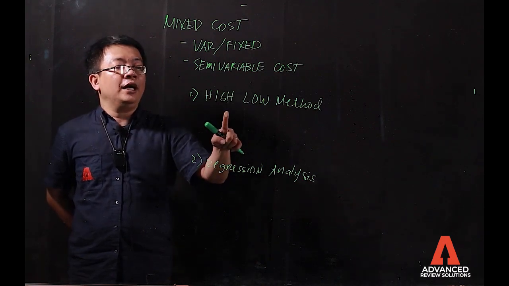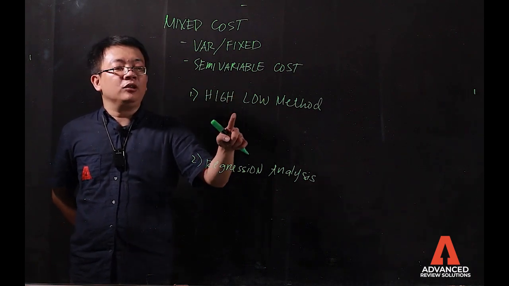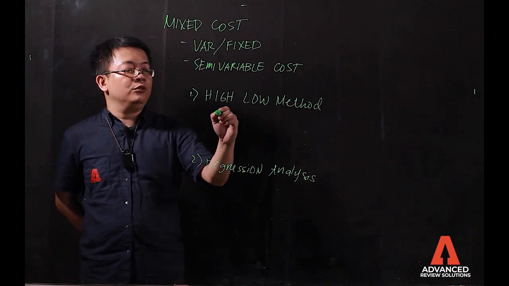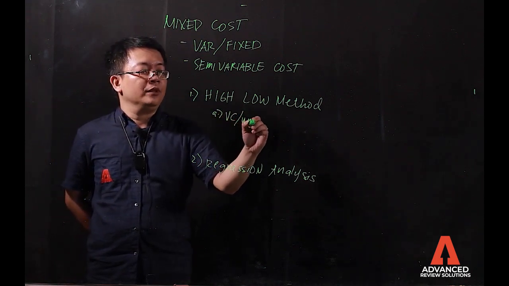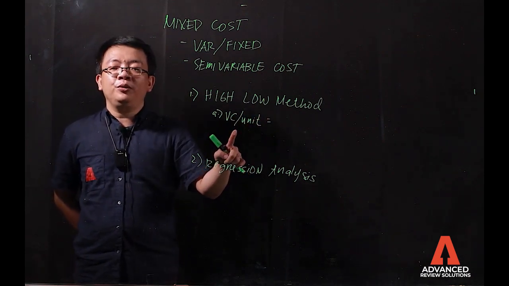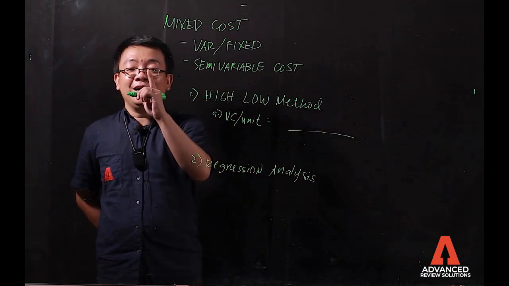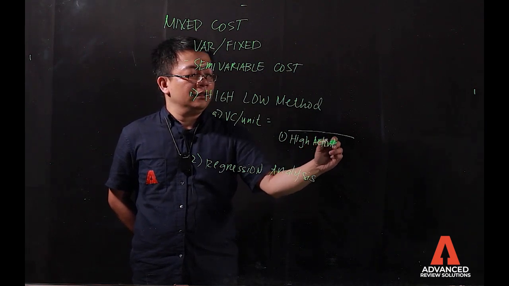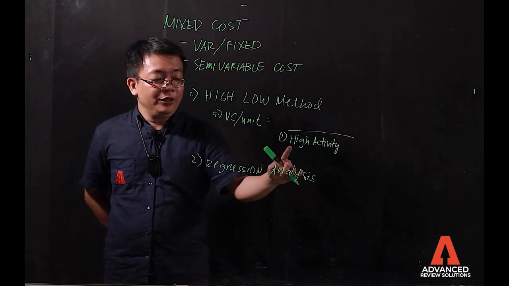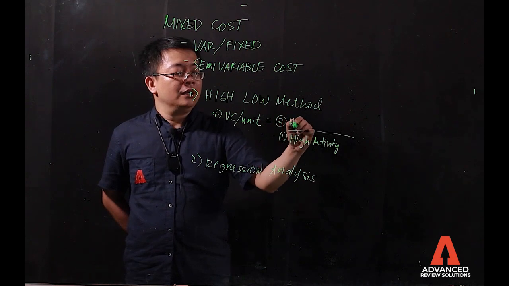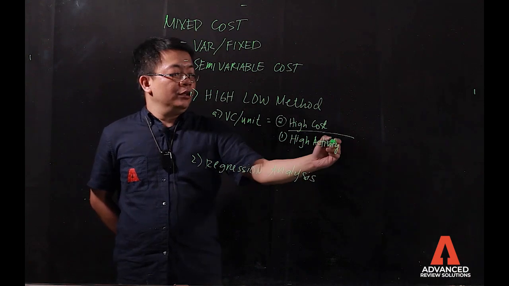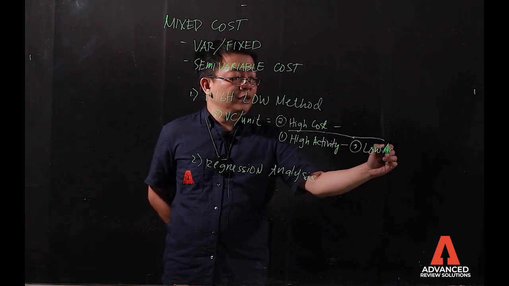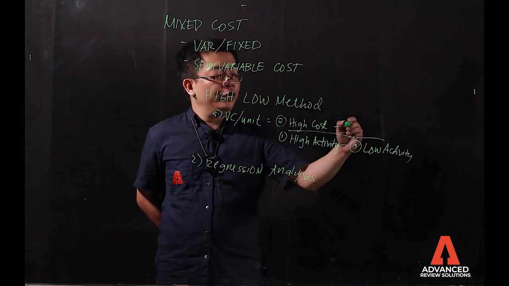How do we compute for the high-low method? The high-low method is the aggregate or mathematical method that uses cost incurred at the high and at the low level of activity. First step is to get the variable cost per unit. Take note of this. When you compute for the variable cost per unit, this is where mistakes are made. First, get the high activity. This is the first thing you do, not the cost. After that, get the high cost. Minus,